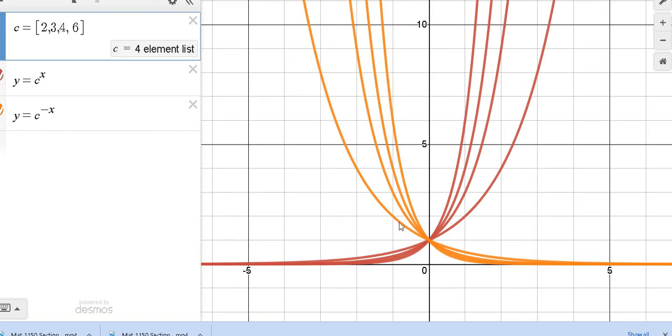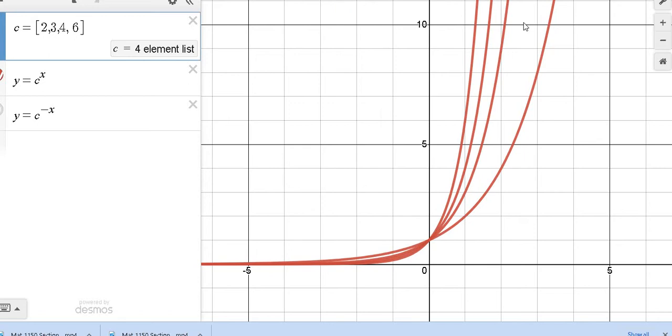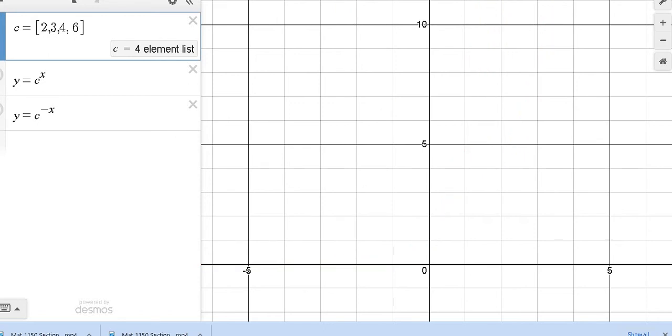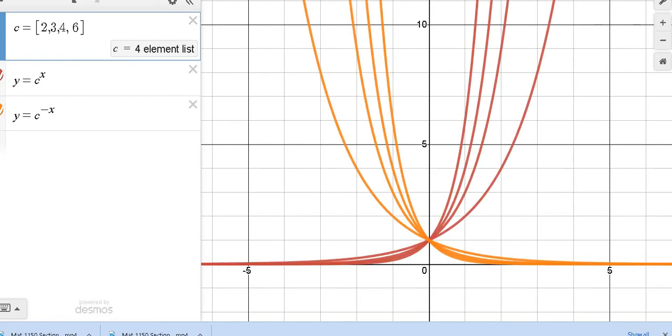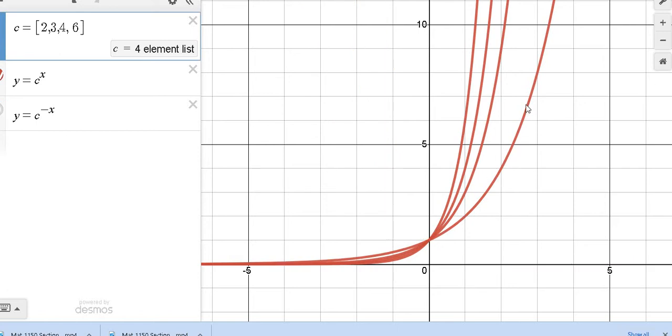So on the one hand, you get exponential growth. On the other hand, you get exponential decay. So these numbers start out really, really big, and then they decay. On the other hand, these start out really, really small, and then they grow really, really quickly. So you can get either type of behavior. But back to your point, Samantha, take a look at all these graphs.